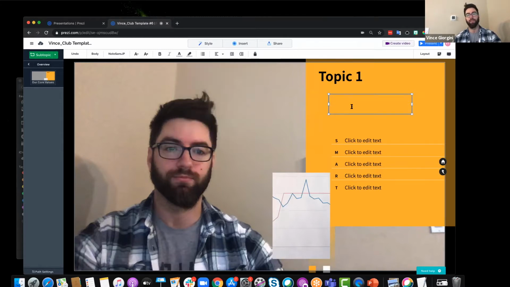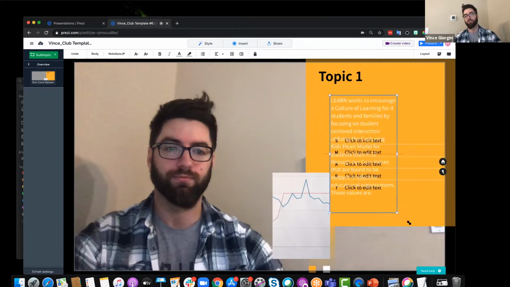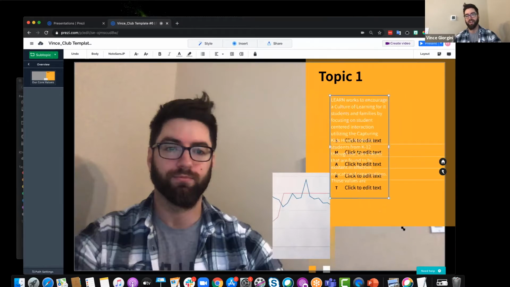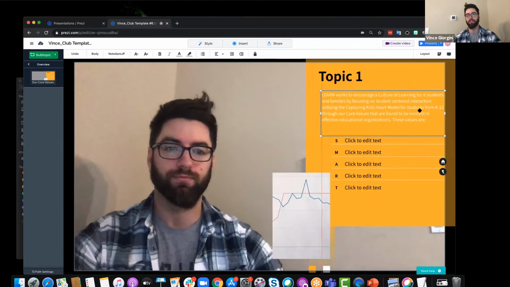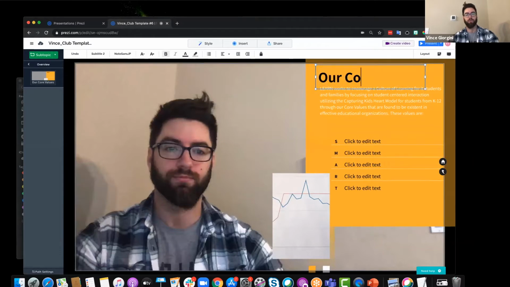And once again, I could just paste in that text. Shrink it down. Use the corner anchors to resize anything, whether it's a text or an image or otherwise. Pretty straightforward. I might get this to right about here and then just make it bigger, right? So maybe like this. And then I'll just rename this our core values. And so I might set it something like this. Easy enough